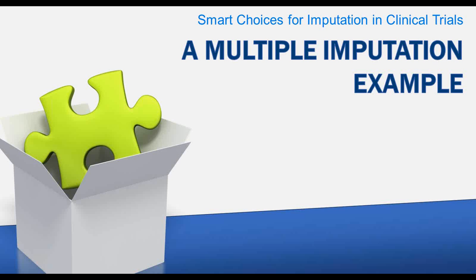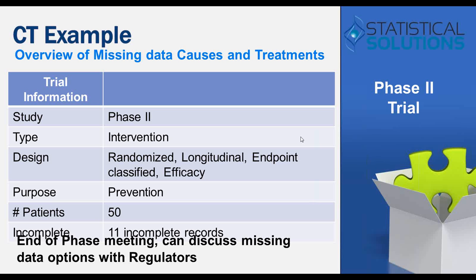So I'll just close out of this. I think I actually have some information on the data set here. Essentially what I tried to pull up here is just an example of a phase 2 trial. The reason I'm picking a phase 2 trial, and I have this sentence at the bottom of my screen, I don't know if you can see it, is that when you have the end of phase meeting with your regulatory agency, be it the FDA or the EMA,